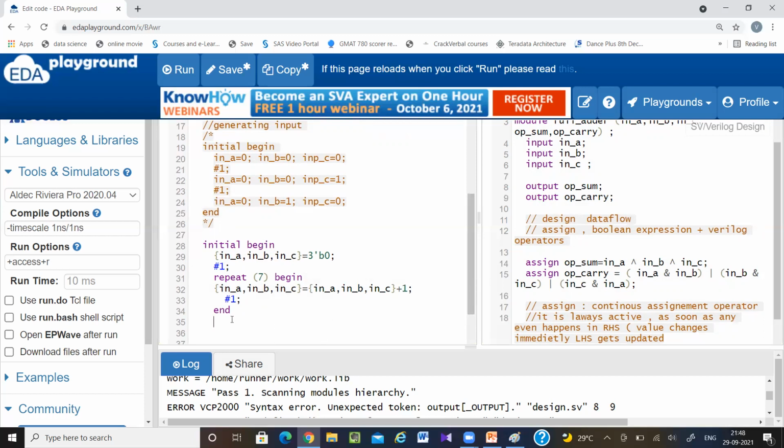Now I want to check what values it is producing. Here I can write a simple $display statement, or I can write $monitor.